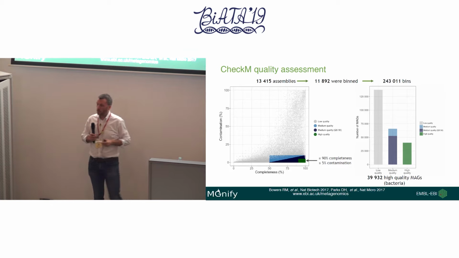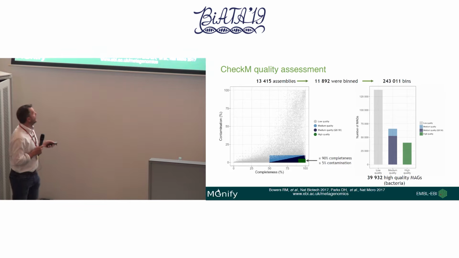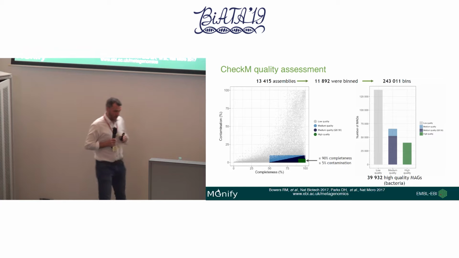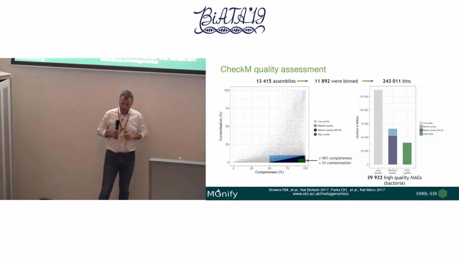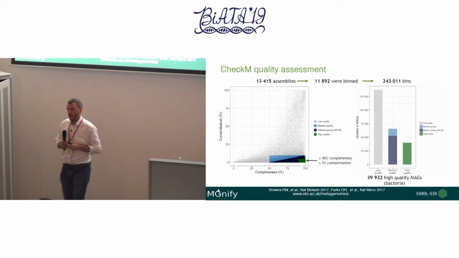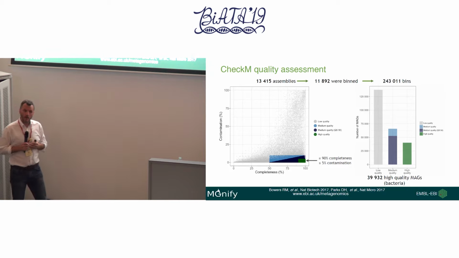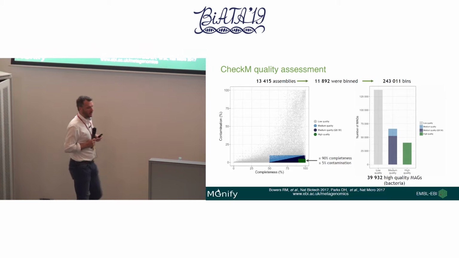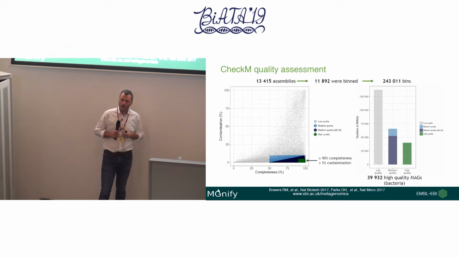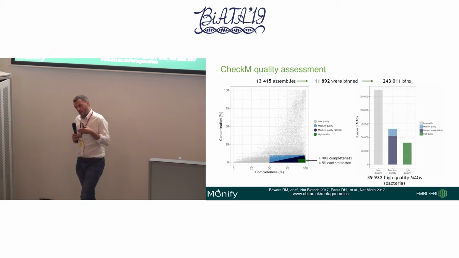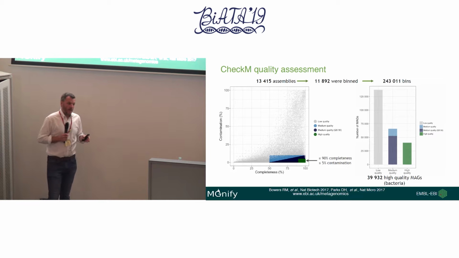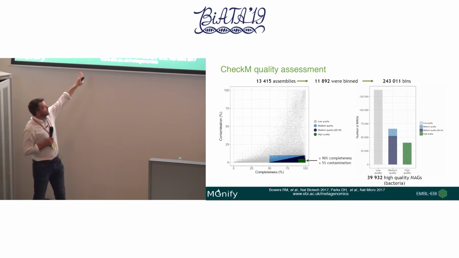So we applied CheckM to all of them, and this is the distribution on the left-hand side. Now, you'll see a huge smear of spots, and what we've done is color-code these spots according to a number of criteria. Down the bottom right-hand corner is green, and these are where the genomes or the bins are considered to be 90% complete and less than 5% contamination. This is according to the MIMAG standard that's in the community, and that's considered high quality.